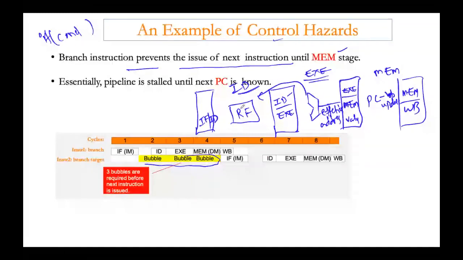That is one solution. So if you move the branch evaluation up one stage into instruction decoding, then we can evaluate the branch condition for the branch equal instructions. This would allow us to take the branch in execution instead of memory,